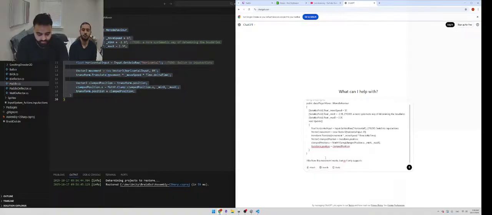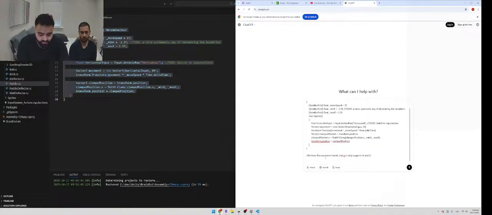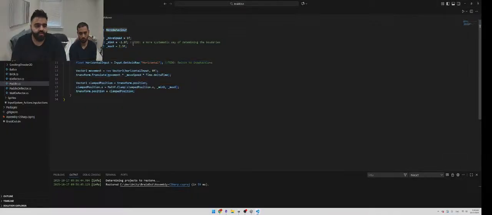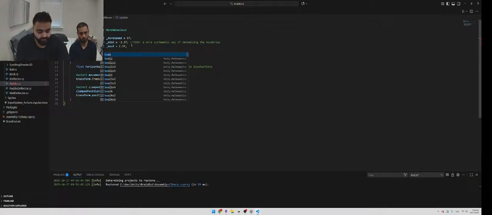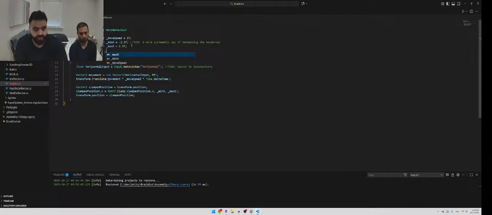I want to add some public serialized fields. Actually, you know what? Let me just do this without AI. It'll be easier that way. Serialized field, cool, and then